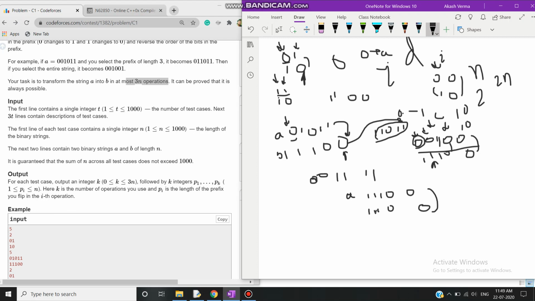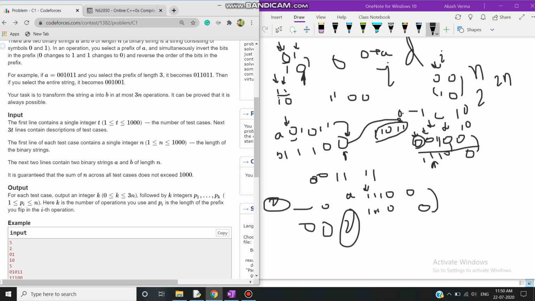Why we are checking the 0th bit is that you are taking a prefix of length i, flipping all the bits and reversing it. If these two are the same, then if you flip the bit, it will become different, and if you reverse it, the ith bit is not the same under any condition. So first you have to make it different, because you take a prefix and change it. I hope you get the idea.